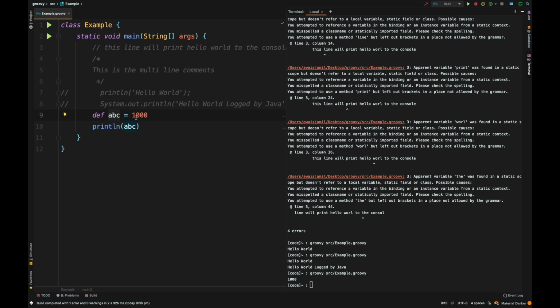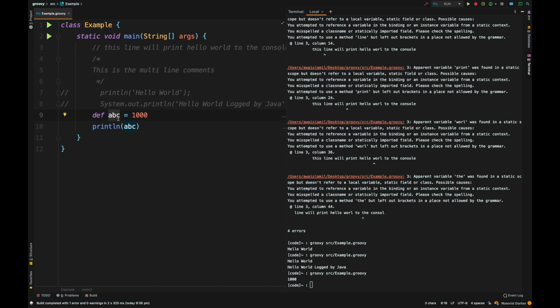And it says, okay, I'm going to store 1000 into this location. Next line, when it gets to here, it says, I would like to print out ABC. But ABC is a memory location, which we already defined up here. So if it doesn't find ABC here, it will throw an error. If it finds it, it will print the value which was stored in this memory location.